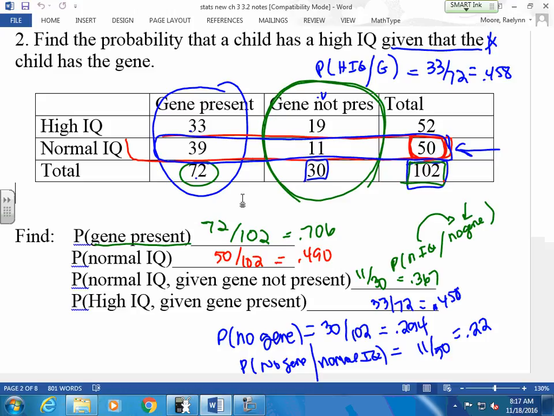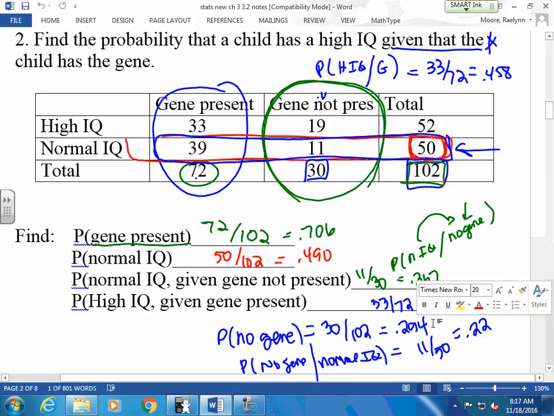This has the probability that the gene not present. Did we do a gene not present only? No gene. This is like almost 30%, about 29%, not 70%. So if you look at it in terms of percentages, more people have the gene present than don't have it present. If you say 72 out of 102, and you say 30 out of 102, they have the same denominator. Yeah, that makes sense to me. That 70 has a lot more than 30. But sometimes comparing decimals are just a little bit easier to see, especially if you reduce your fractions. If you reduce your fractions and they don't have the same denominator, then you have to convert them all over again.